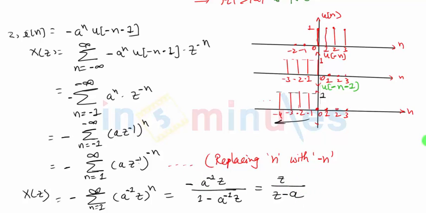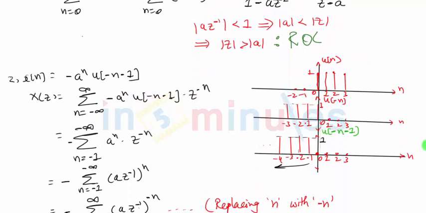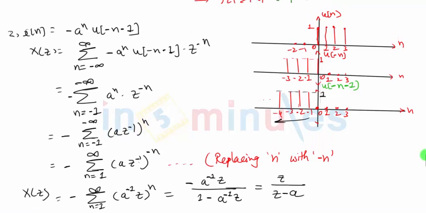So now if you observe, this z transform is exactly the same as the previous z transform. Then the question is, what is the difference between them? So let's figure out the difference between them. I can apply this formula of the geometric progression only if mod a inverse z is less than 1. So that's a condition now, and if you solve this condition, it gives you mod z less than, this a inverse goes on the other side, becomes mod a, and this gives me what we have called as ROC. So you can see both the signals have the same Z transform, but they have different ROC, and that's what